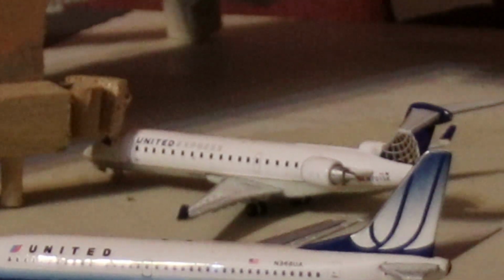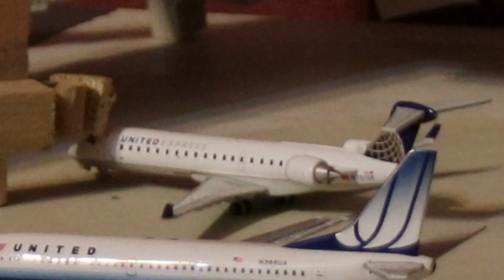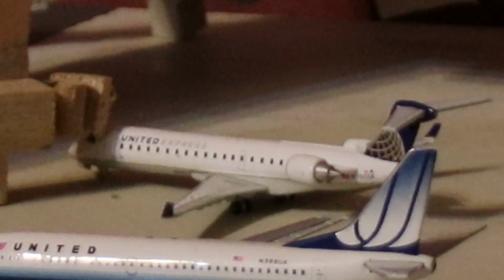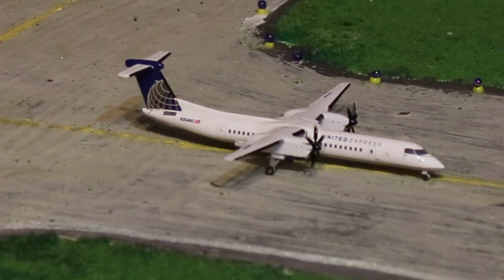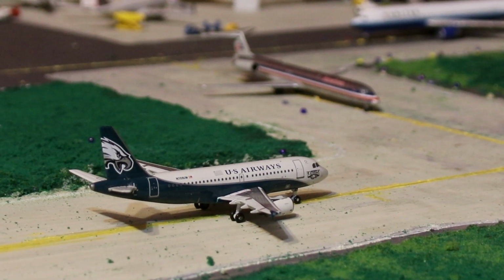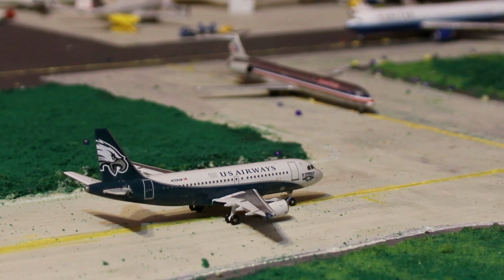Here's a United Express CRJ-700 with plans to fly out to Cleveland, Ohio in about 1 hour and 20 minutes. I apologize that the gate is almost double the size of the plane. Here's a United Express Dash 8 Q400, and this plane is taxiing to the runway for a flight out to Norfolk, Virginia. Over here, not trying to give away the Mad Dog, here's the US Airways Airbus A319, the Philadelphia Eagles livery,